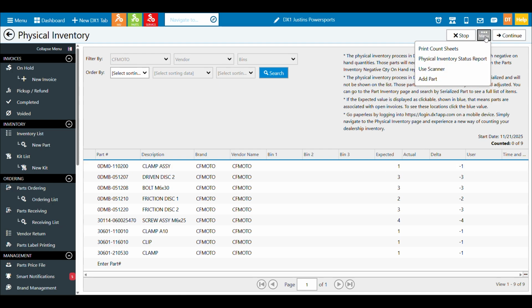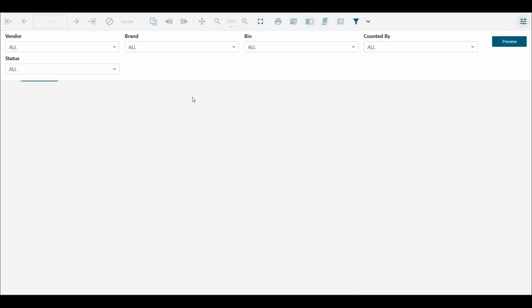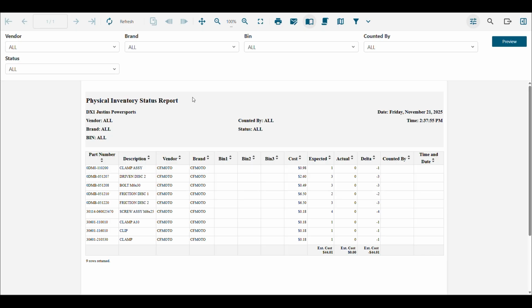Also in this menu drop down, you can run a physical inventory status report. You can really run this at any point in time. What I recommend to users is to print a copy of this before you start, so you know where you were at, and maybe a backup copy on the hour, every couple hours, or days if it's going over days, whatever it is. So you have a snapshot of where you're at in case people really mess something up or something goes haywire. In the physical inventory process, once you run it, there's no going back.